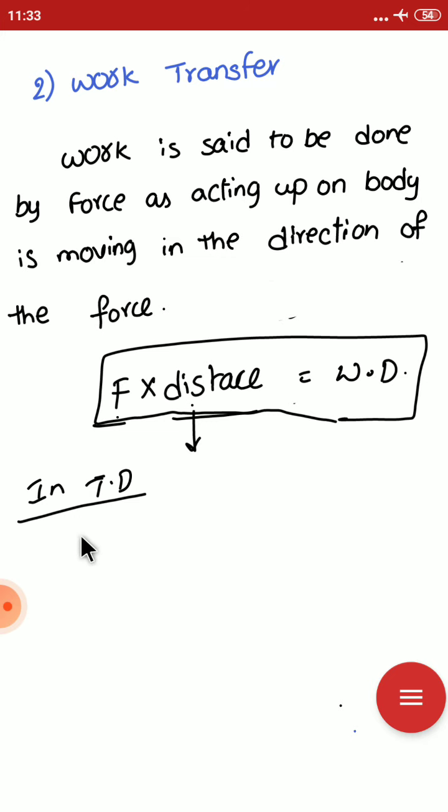Okay, work transfer in thermodynamics is the work transfer that occurs between the system and surroundings. The work is said to be done by a system if the sole effect of the things external to the system can be reduced to the rising of a weight. The weight may not actually be raised, but the net effect external to the system would be raising the weight. We see it with an example.